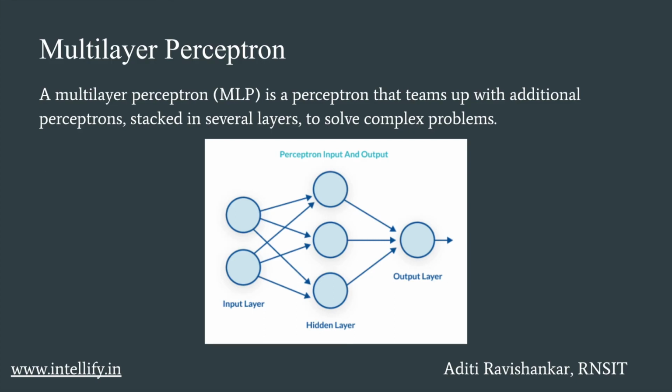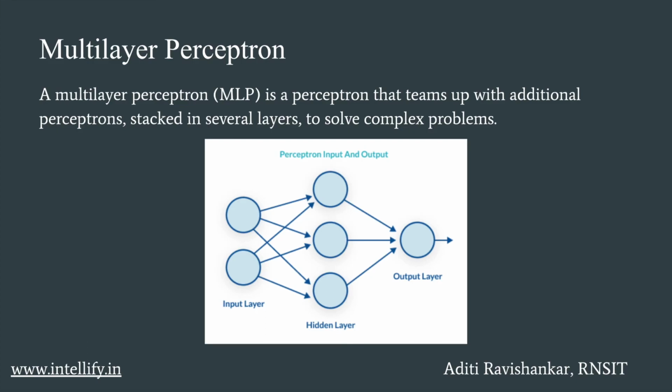A three-layer multi-layered perceptron like this diagram is called a non-deep or shallow neural network, but a multi-layer perceptron with 4 or more layers is called a deep neural network. One difference between a multi-layered perceptron and a neural network is that in the classic perceptron, the decision function is a step function, which we'll talk about in the next video, and the output is binary.